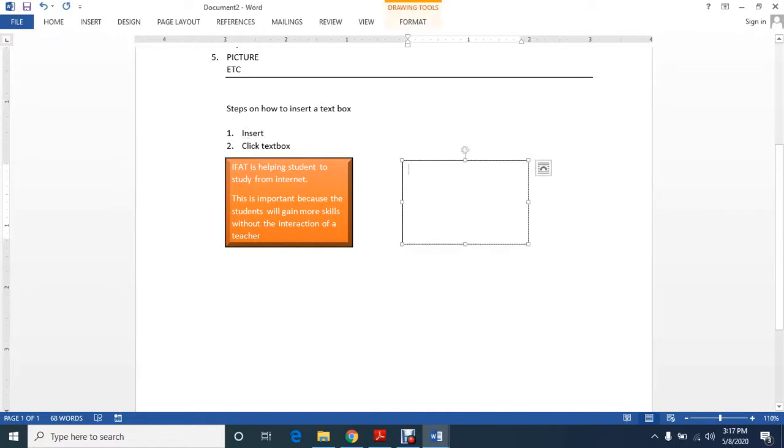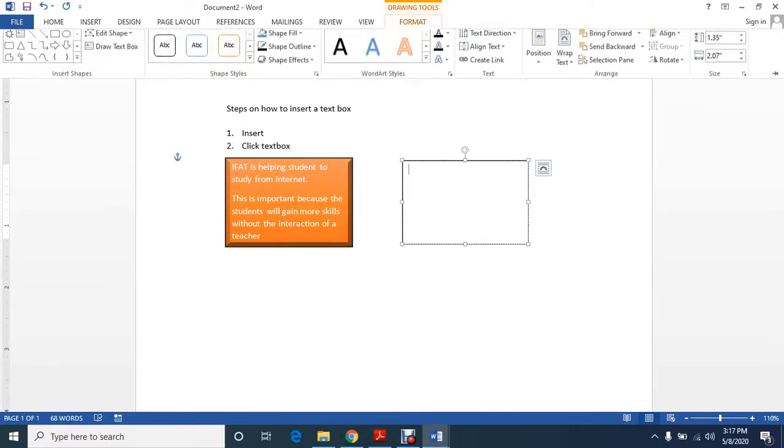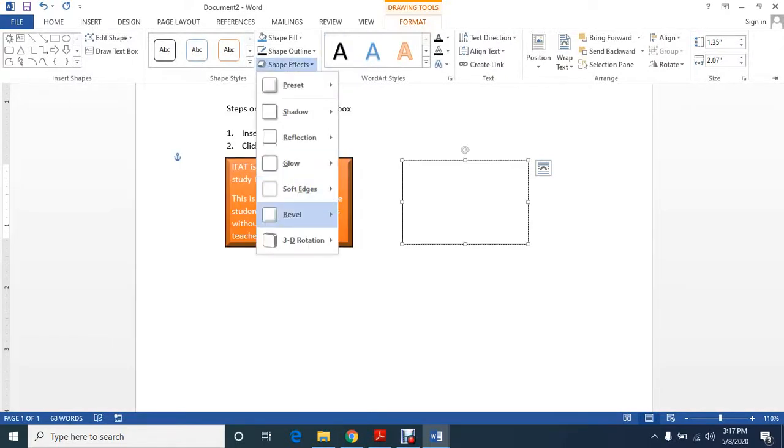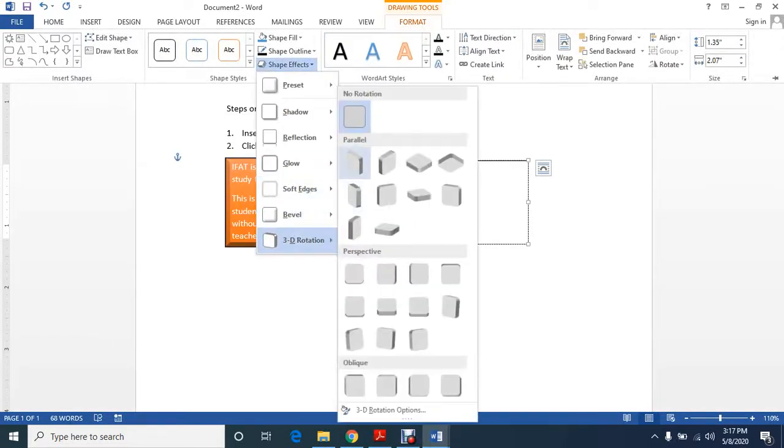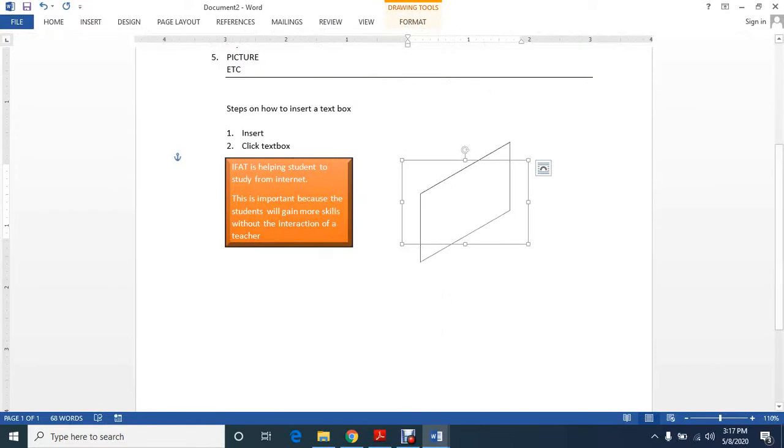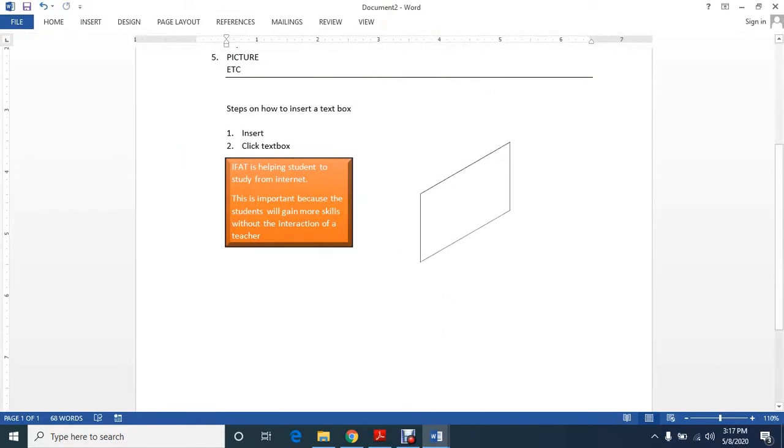I can also create a link between this text box and the second text box. Let me put some bevel also. You see now, this is also a text box which is created.